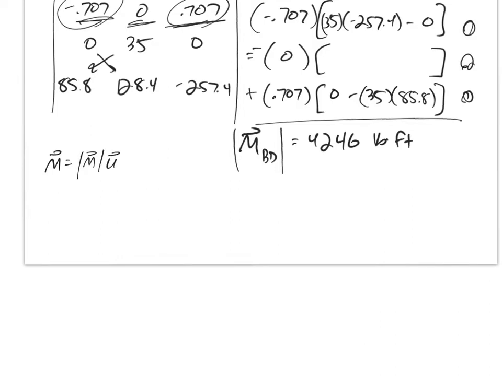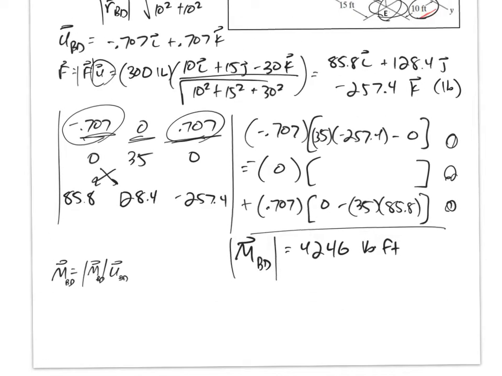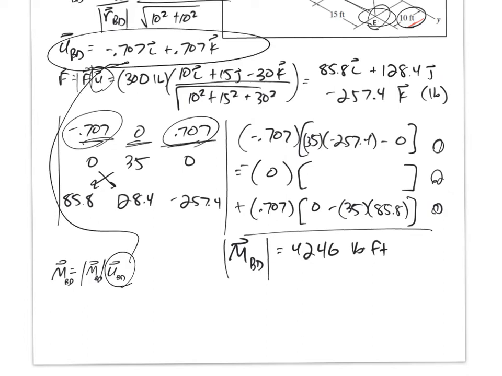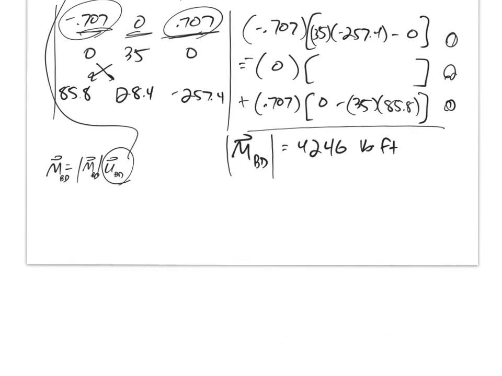M about the axis times U of the axis. So the moment about BD is equal to the magnitude, 4246, times U of BD, which I already found up here. The U about BD, already up here, is negative 0.707i plus 0.707k. So let me do that math. The moment about BD as a Cartesian vector is